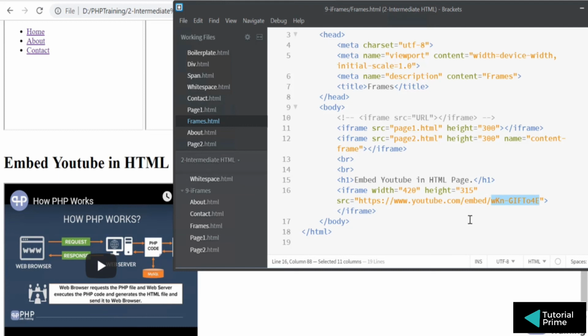Alright, so that's all about iframe. I hope you know how to create iframes, how to embed an HTML page in the iframe, and how to embed a YouTube video into an iframe. If you're really confused, you can give it a try, do some exercise and understand how this works. All these examples are available in the material folder, so you can go ahead and open it and have a look at it.